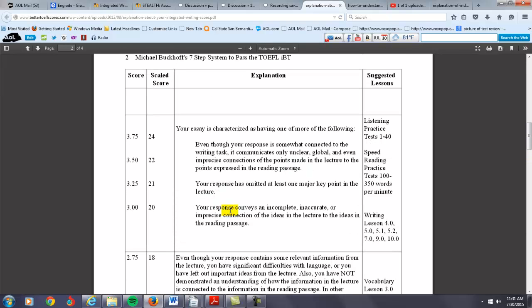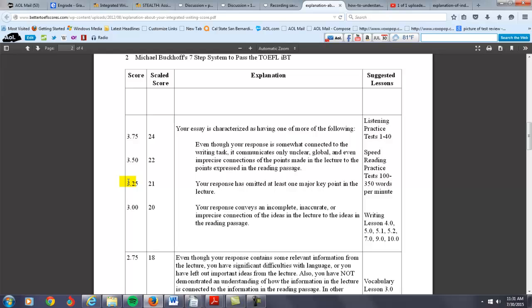Your response conveys an inaccurate, incomplete, or imprecise connection of ideas. Sometimes you do that, right? So you've had some problems with that. I think this fits you pretty well here,